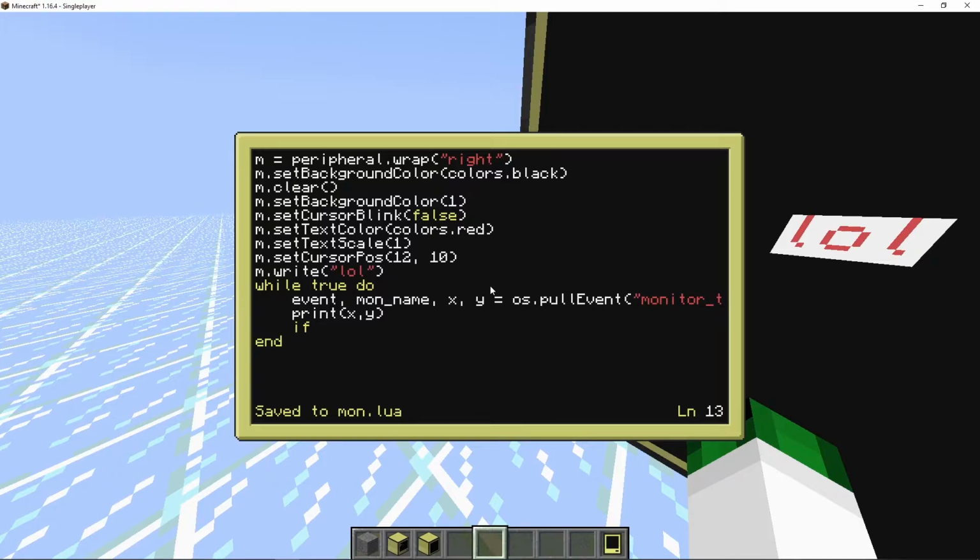if X, no Y because it's only on one Y position, if Y is equal to 10 and X is greater than 11 and less than, if it's less than 15 and X is greater than 12, 11 should be, then print yeet. We'll run that. Oh yeah, we need a then